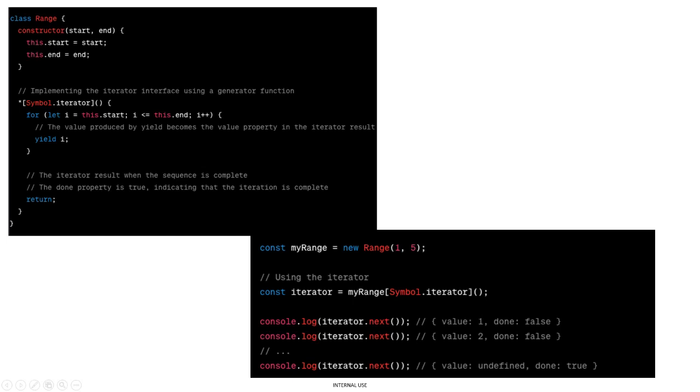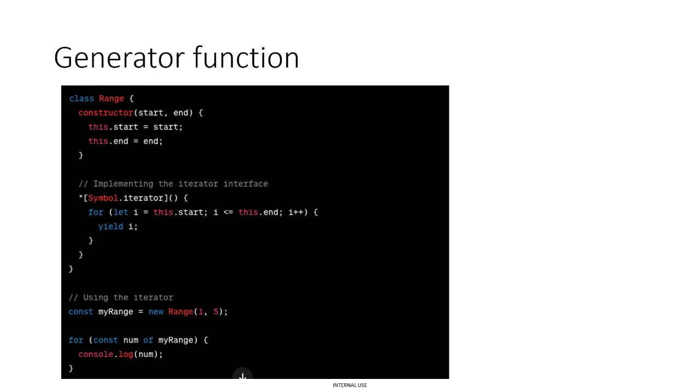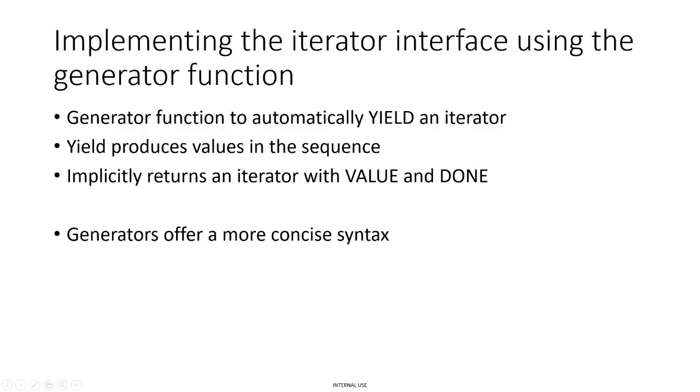Now, when the loop finishes, you have another return down here to exit the function. When the sequence is complete, the done property is true, indicating that the iteration is complete. So when you hit this return, think about that as the done property being true. Up here, think about it as the done property being false. So when you create a new range object, again 1 through 5, instead of using a for-of loop, which is what we did back here and which you can totally do,